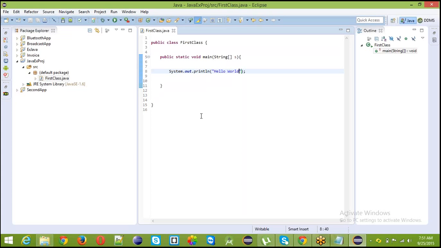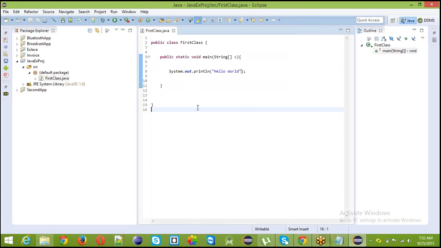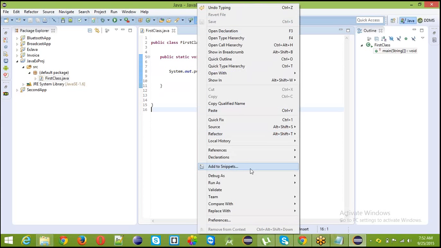So how can you run the code? Just right click in the window. If you right click, you can see the run as option. Select Java application. Once again, just right click, go to run as, and click on Java application.